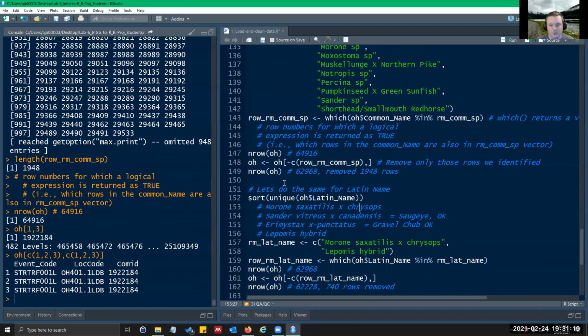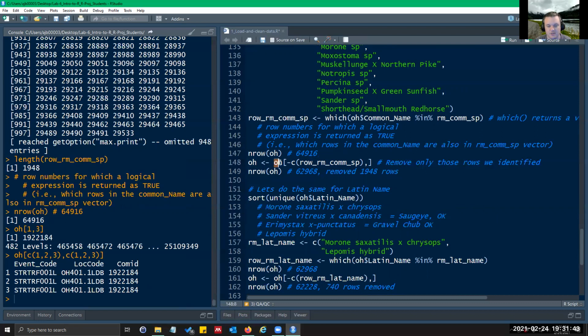But here, what I'm doing is I want all columns, so I'm leaving the second part blank, and then I want to remove only those rows for which this is true. So I save that to this. And since I want to remove them, I'm going to put a minus sign in front of it.